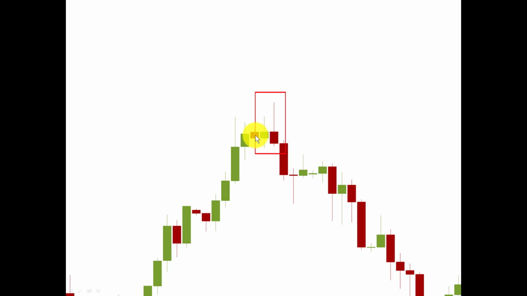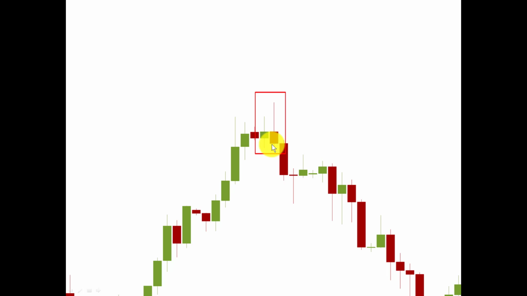There is no much information in this red candle, because first of all it was an inside bar of this one. This is the mother bar, and this was an inside bar, so there was no confirmation which side the price is going. And this one was a doji on the daily chart, but this one gives you much more information. The price went higher, buyers tried to push the price higher, but the sellers came in and closed the price lower than the previous 2 days closing, even the previous 3 days closing, I must say. So that is more significant information.